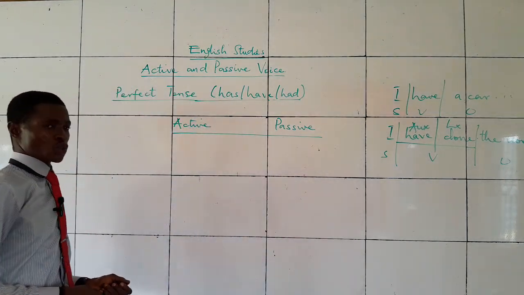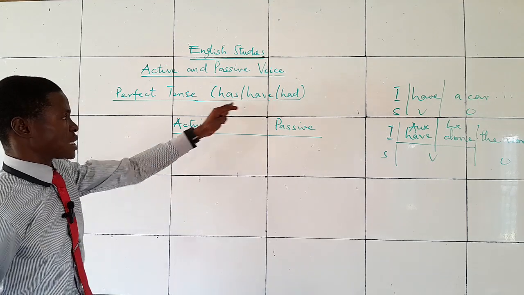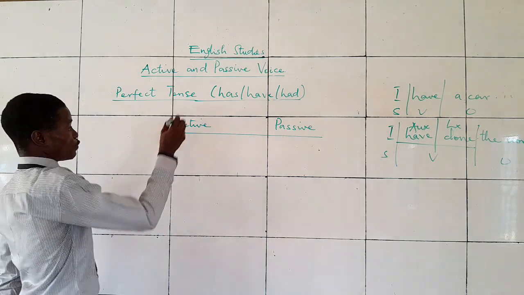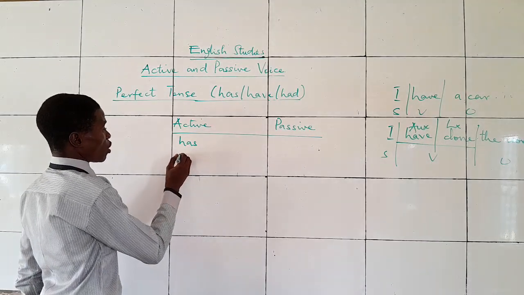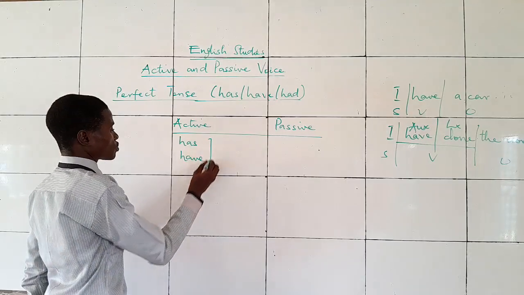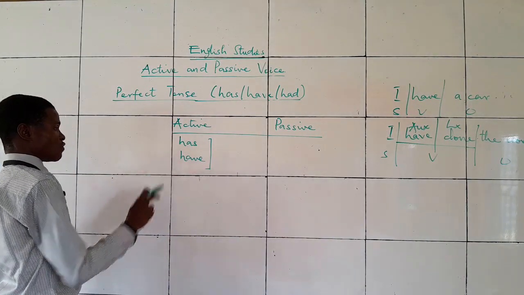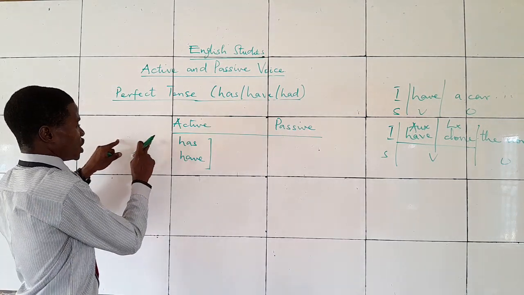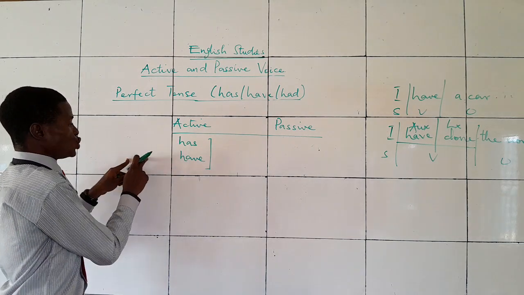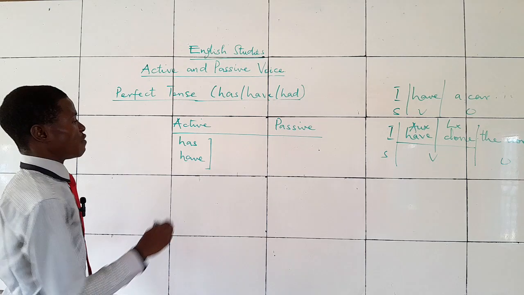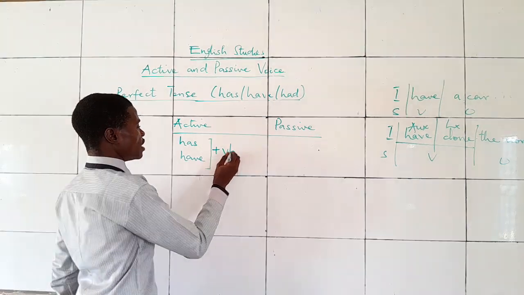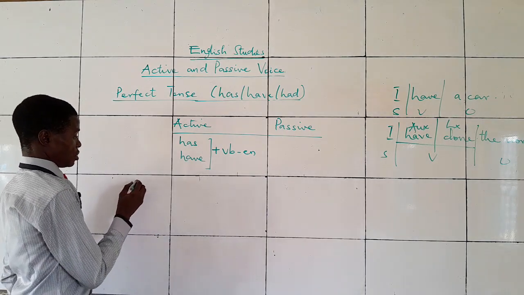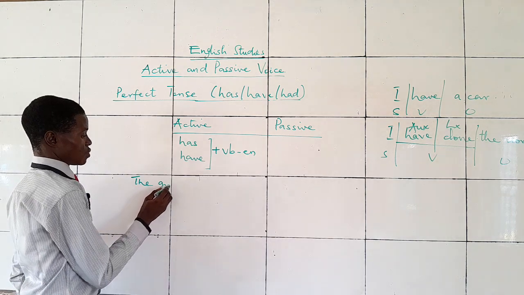Now, let's continue with what we are doing today. If we have a sentence that contains any of this, how do we convert it to passive form? We start with the present. Has or have. For the usage of has and have, please do visit our initial class where we have he, she, it going with has. I, you, we, and they will go with have. When we have this plus verb en, like